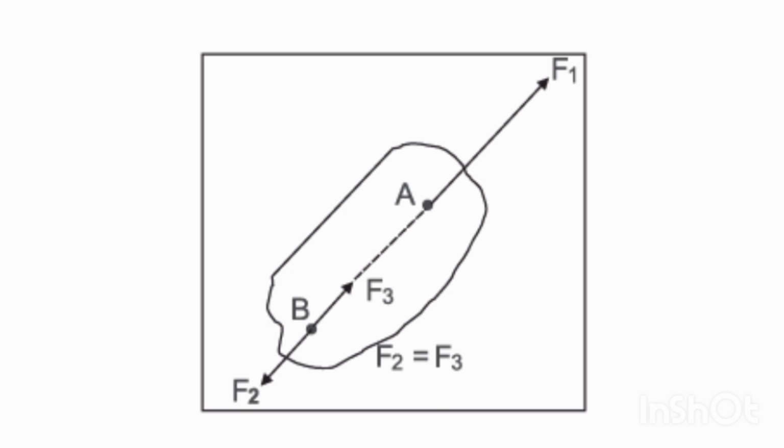The action of the force F1 will not be influenced by adding or subtracting this F2 F3 system. The action of F1 will not be changed on the rigid body. That is, the action of a given system of forces on this rigid body is not changed by adding or subtracting F2 F3